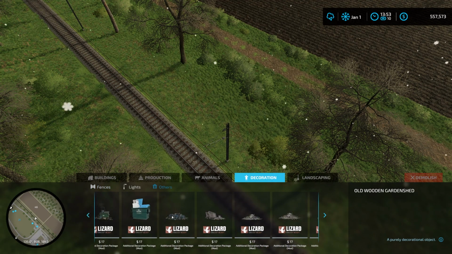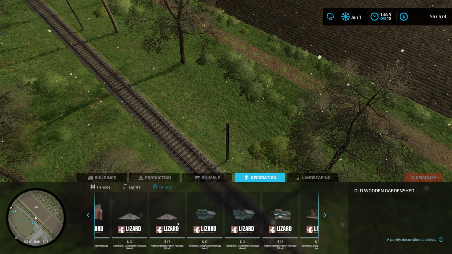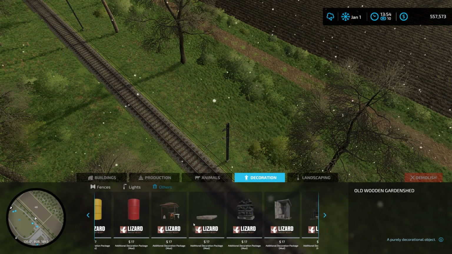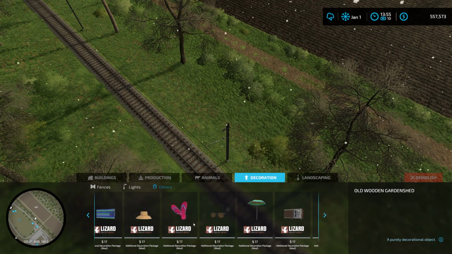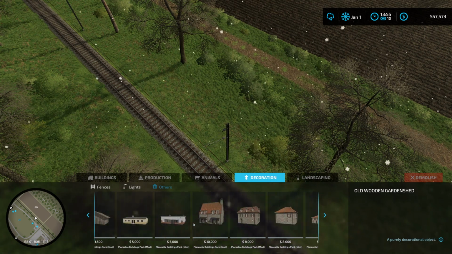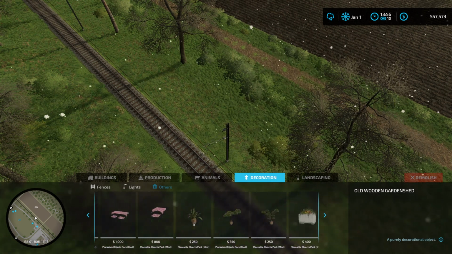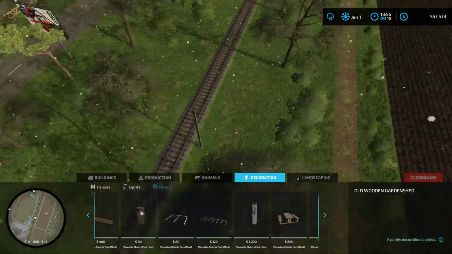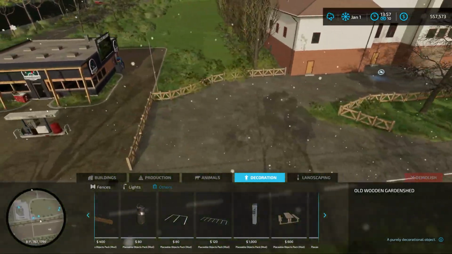So I've got my decorations pack enabled now, which is what I want to do. There's a couple of things I want to go and find in here and install just to improve the aesthetics a little bit more. As you can see, there's a lot of decorations I've got here. Right, there we go. That's what I want. So, down here,